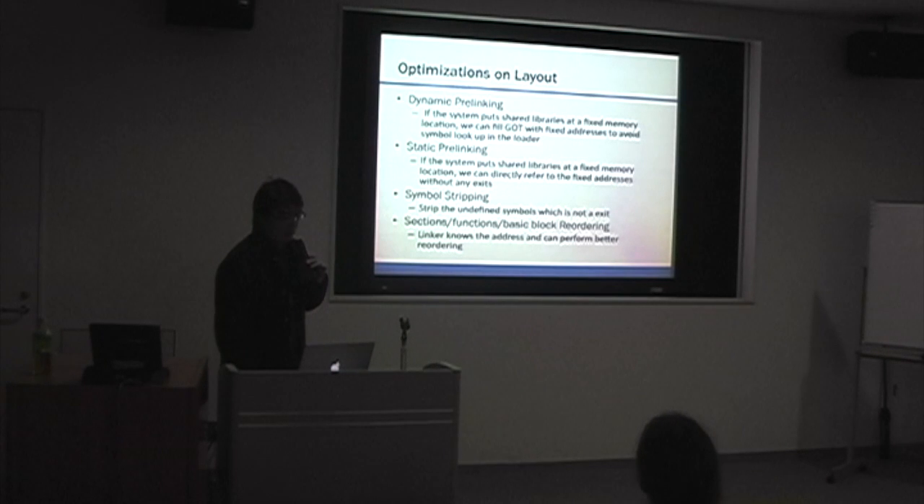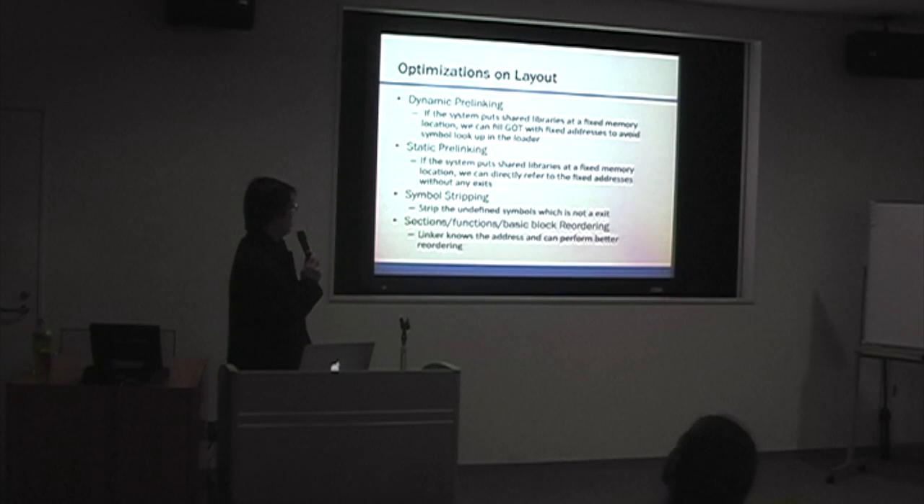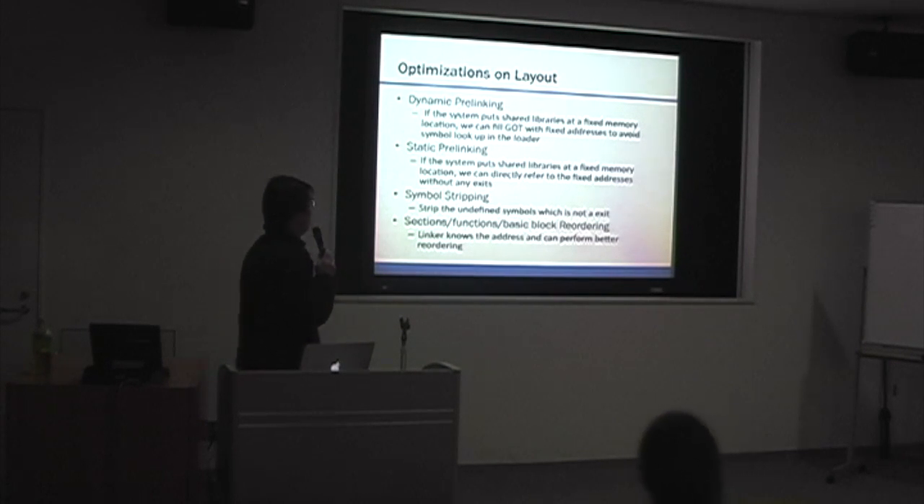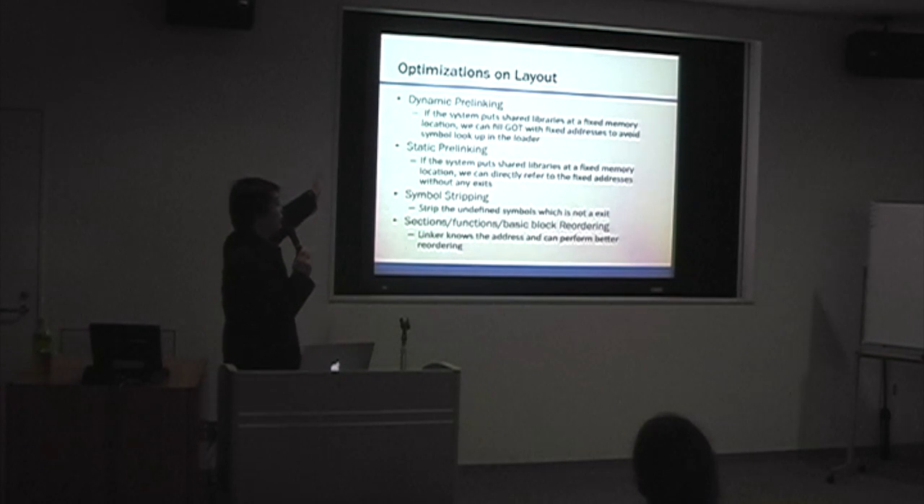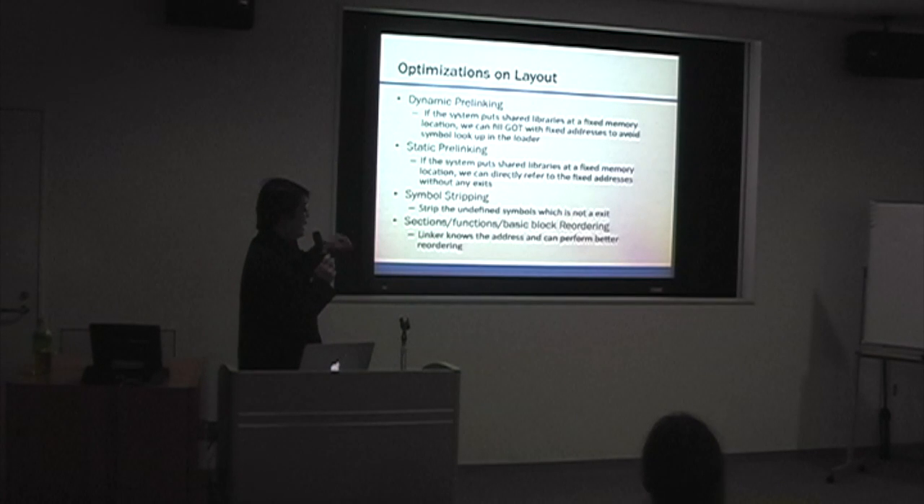And the opportunity for optimization on layout, these are the optimizations on layout. We can try to do pre-linking. There are two kinds of pre-linking: one is dynamic pre-linking, the other is static pre-linking. Dynamic pre-linking is used by all Android. It just tries to fill the target address into all GOT entries, and